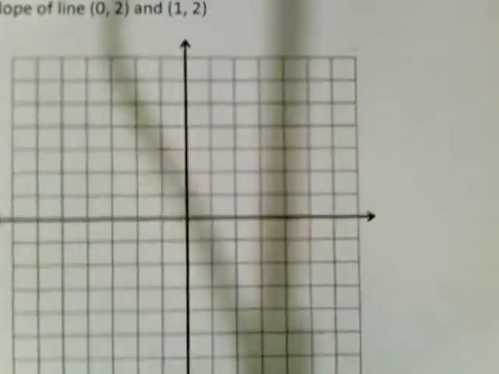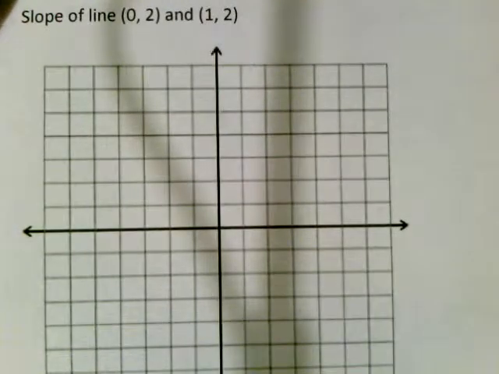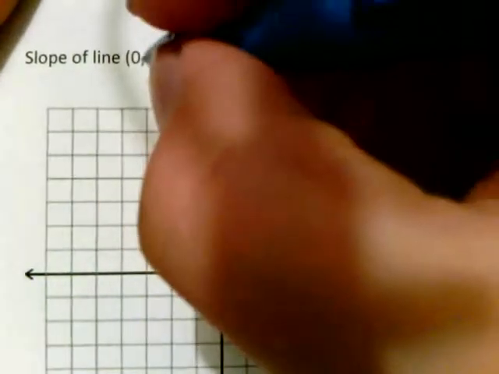Now let's go on to a horizontal slope. Now, since a vertical line has no slope, I'm going to show you what a horizontal slope looks like. So we've got